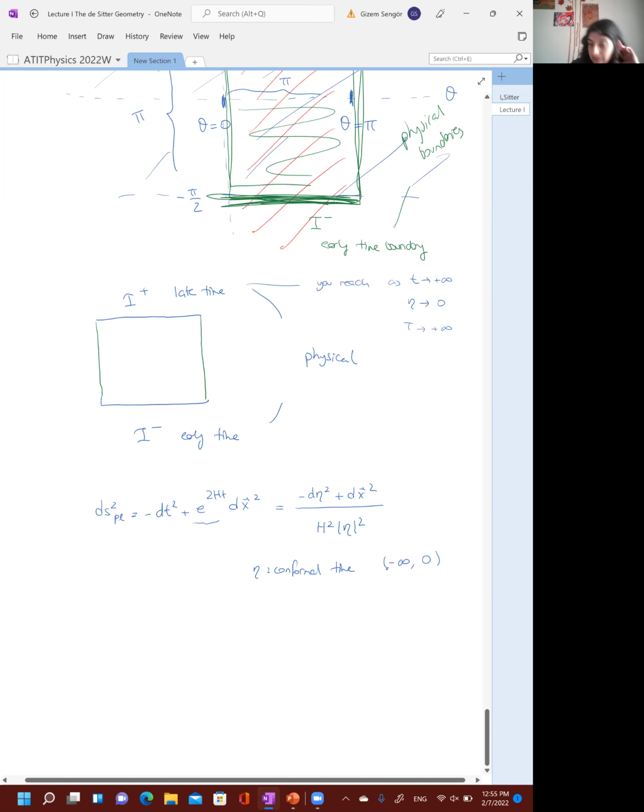And you can see in those references I gave in the beginning, those lecture notes and PhD thesis, you can find transformations between all of these coordinates, between our global coordinates, planar coordinates, this conformal time coordinates. You can find transformations between all of these. And it turns out that